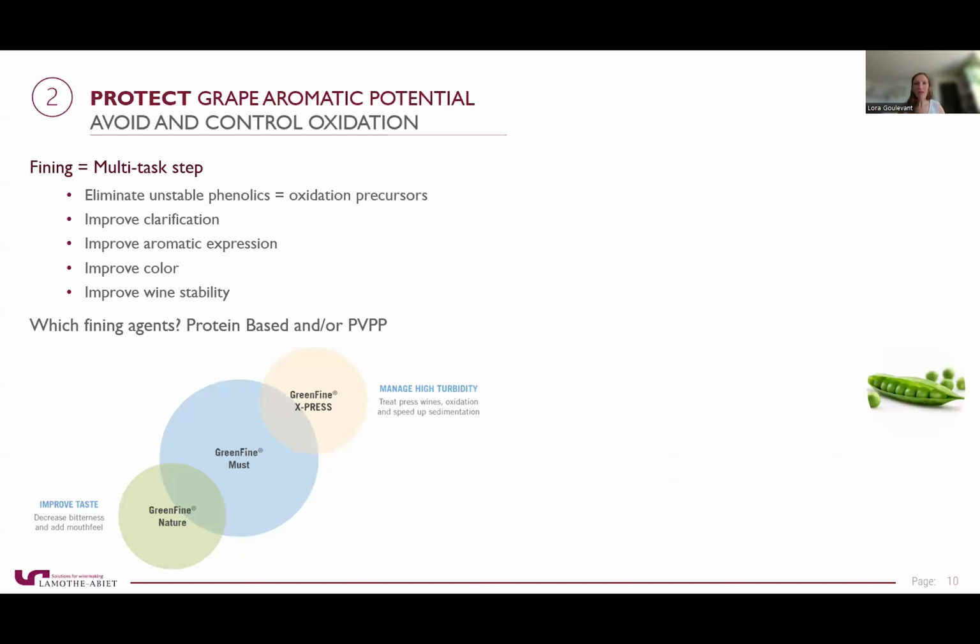So why are we doing fining? Using a fining agent, usually a protein-based fining agent, they will be able to eliminate unstable phenolics. So these unstable phenolics are oxidation precursors. They are easy to oxidize. They can impact browning or astringency, and also oxidize other